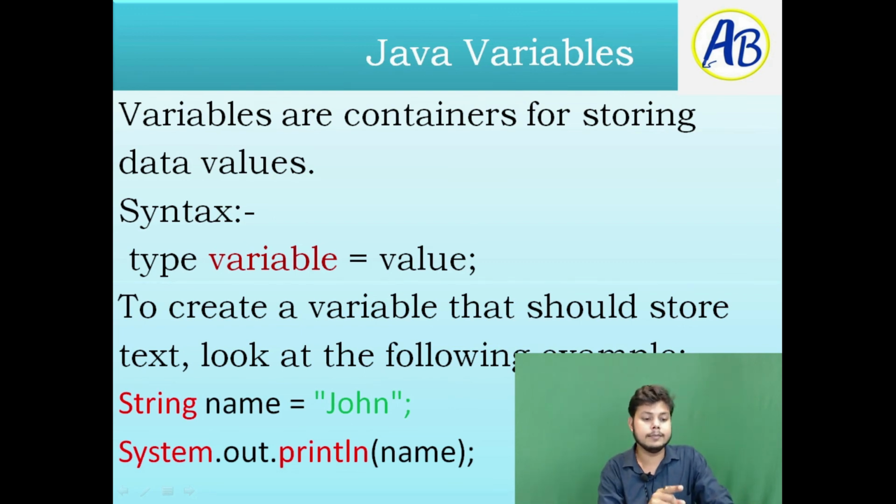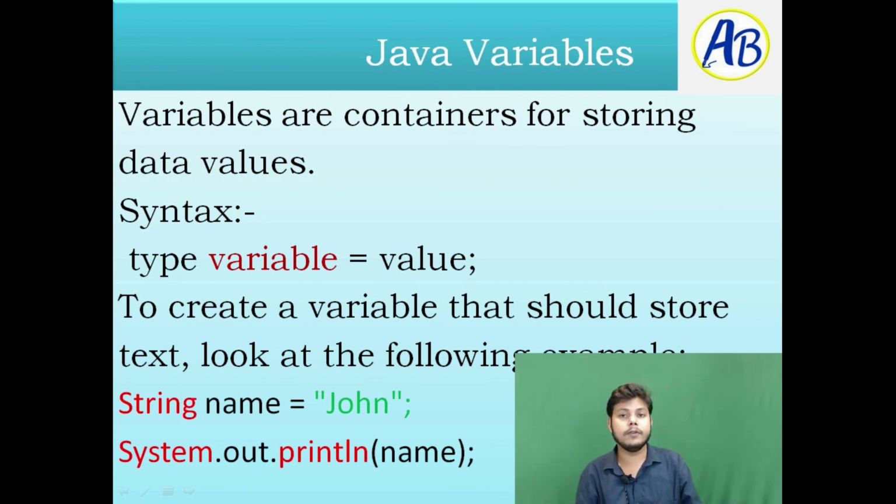So we have String name = "John". String is the data type, the type of storage we have. What is that tank called? The label on that tank is name, and the material inside it is John. If we have to print the name, we get what is inside the tank.